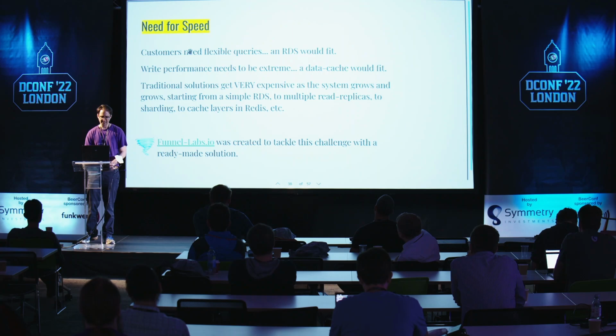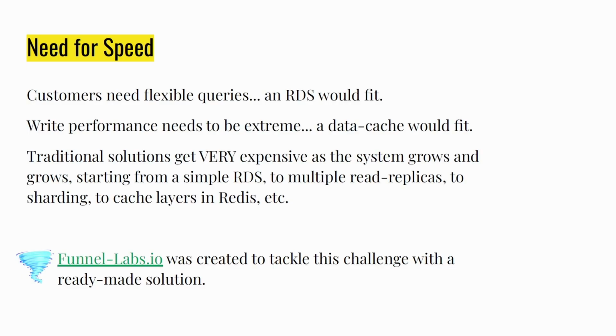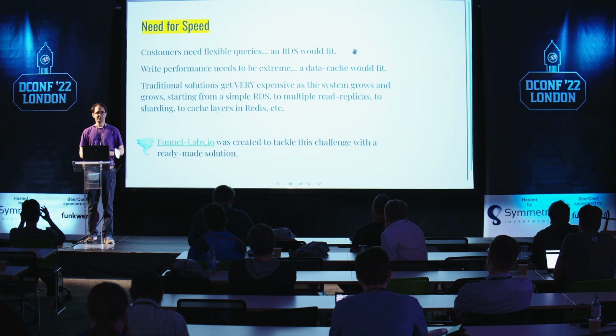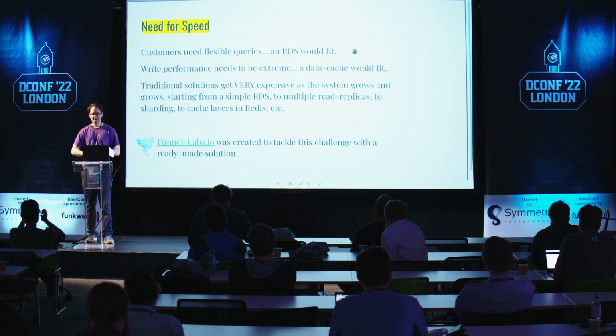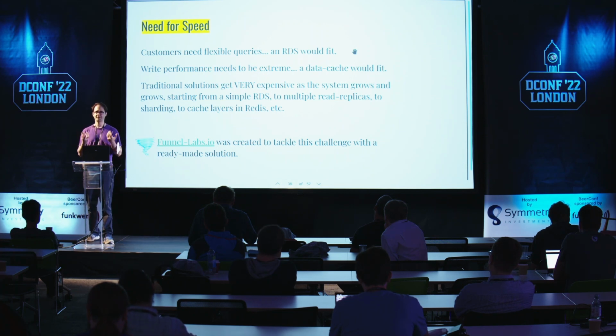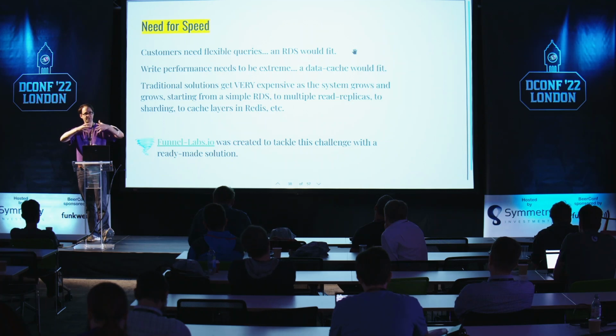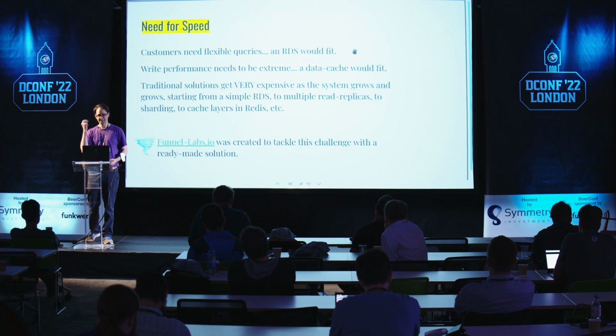So you have this dilemma where customers want flexible queries. They may want to look for cars of the economy class, or cars that have more than 4 seats in them. Whatever their criteria is, you have a lot of queries that are arbitrary. So the queries you could solve using an RDS, but the write load is extreme. And when you're writing data to a database, the writes can be a limiting factor. Yes, you can have read replicas, which helps you on the read side, not so much on the write side. You can have sharding, and then you can imagine as you build your system, get it more and more complex, you need more and more computers, and that costs a lot of money.